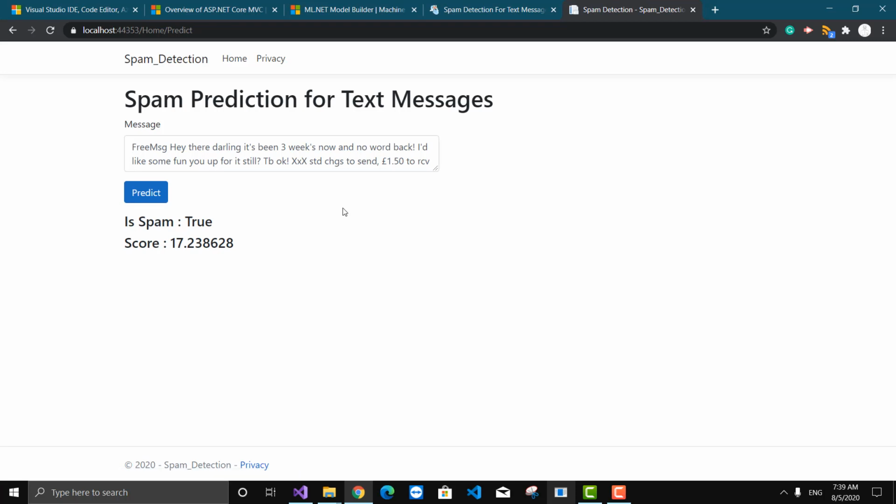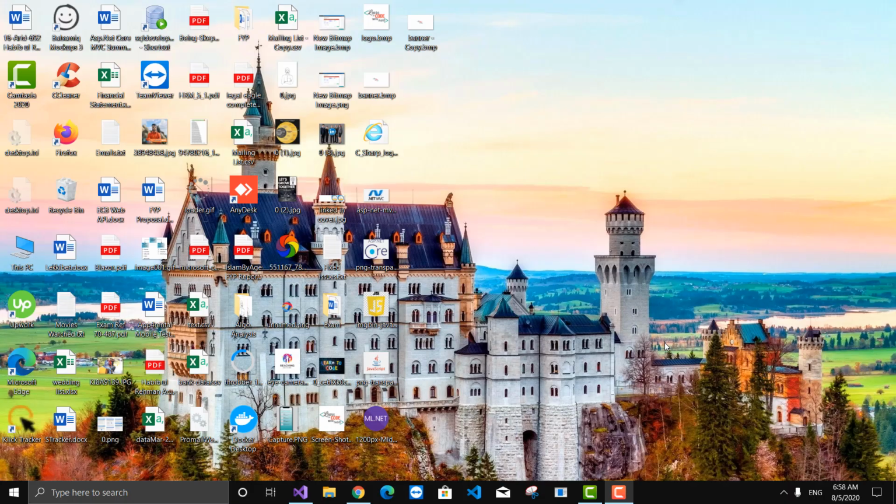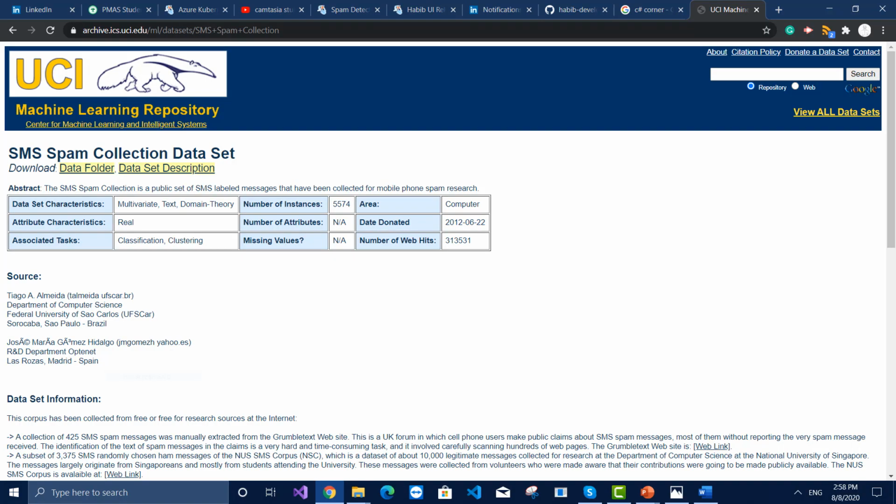To solve this problem, we will build an ML model that takes an input of one column, that is message, from the user, and the label column, which is what you want to predict, and in this case its name is label, which will tell us the predicted result. To train our model, we will use the SMS spam collection dataset downloaded from the UCI ML repository. As we are classifying the text messages into one of two categories, we will use binary classification for this problem.